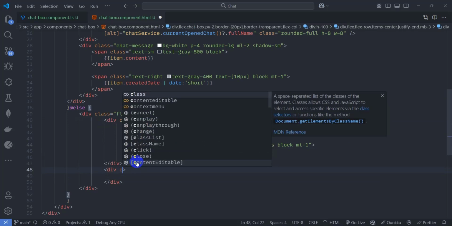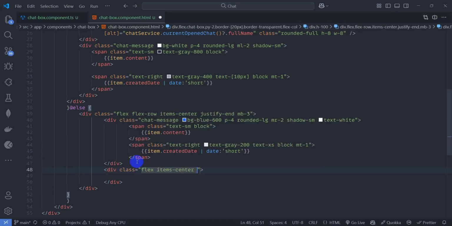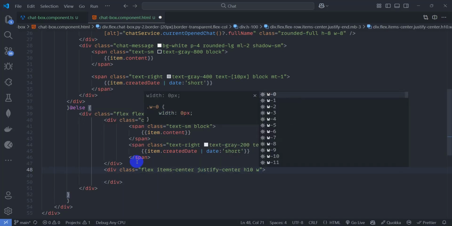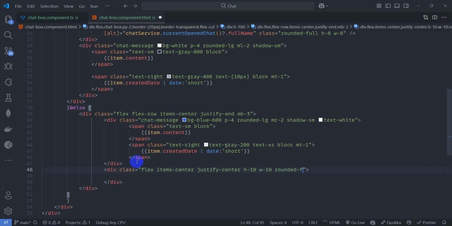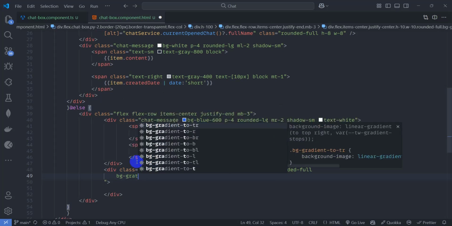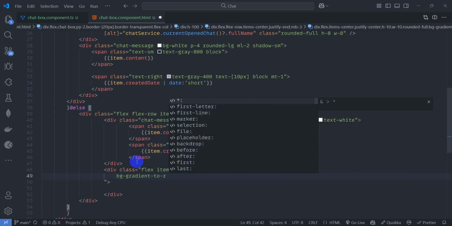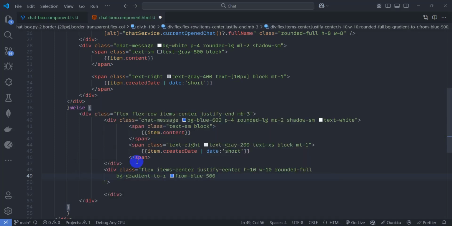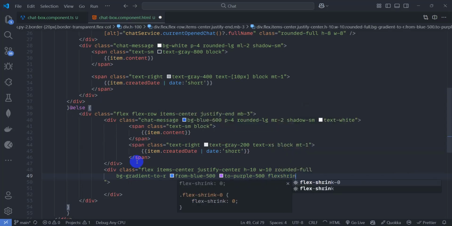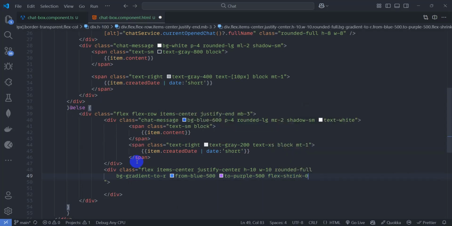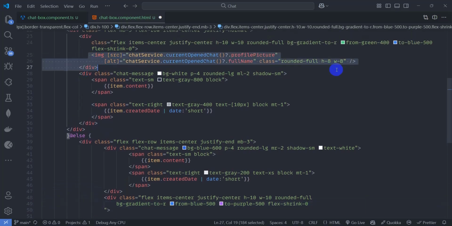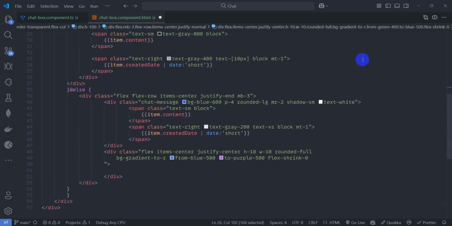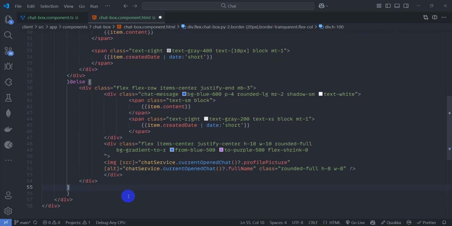give class flex, items-center, justify-center h-10 w-10 and rounded-full, bg-gradient-to-r from-blue-500 to-purple-500, flex-shrink-0, and let's copy this image from here and paste it here. Add here empty block